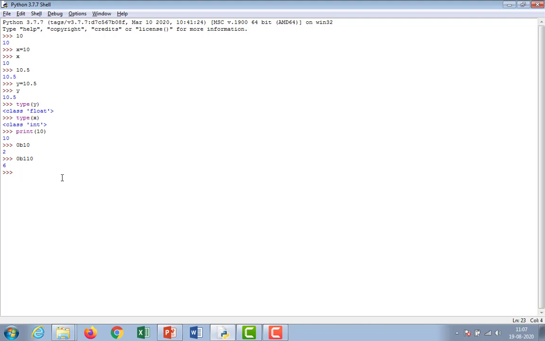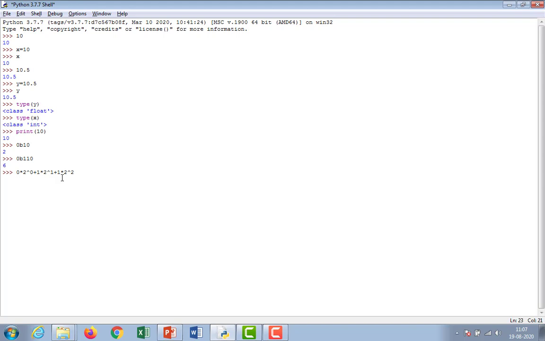110 means binary number. From left side to right side: 0 into 2 power 0, plus 1 into 2 power 1, plus 1 into 2 power 2.